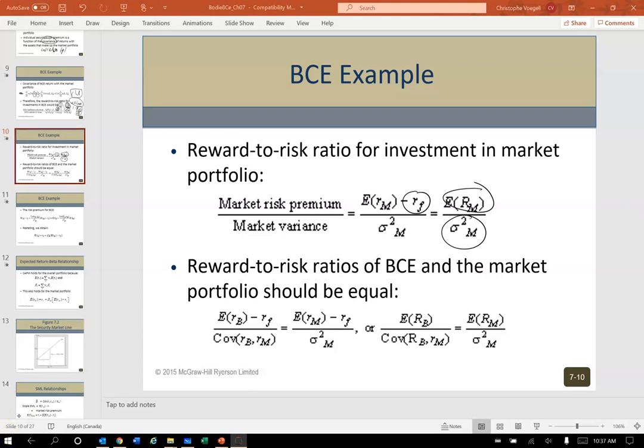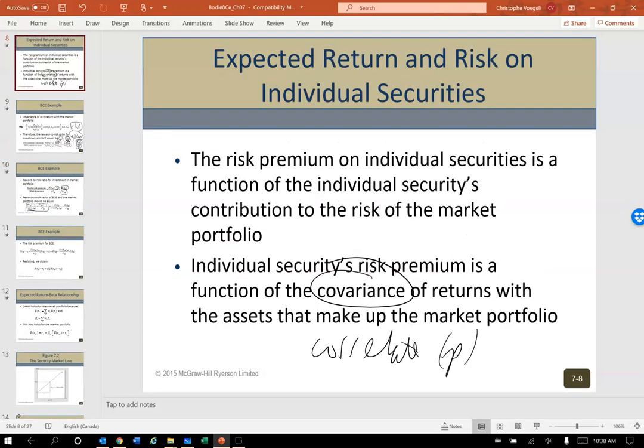We definitely talked about this in detail in my warm-up slides. This is the theoretical construct of how we get to the actual CAPM formula. So let's actually spend a little bit of time on this. The starting point is here, where the excess return that investment B will do relative to its risk and its covariance with respect to the market, which will be its risk contribution. Remember, risk premium is the excess rate of return above the risk-free.